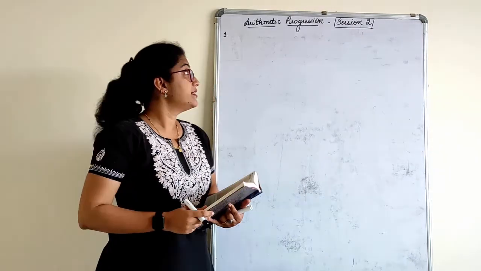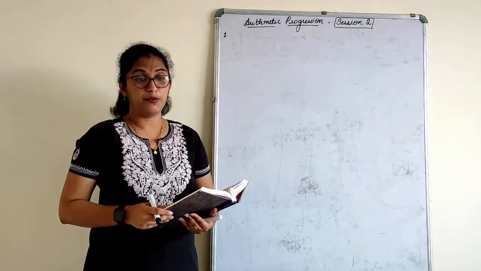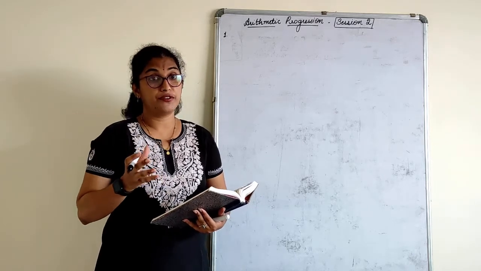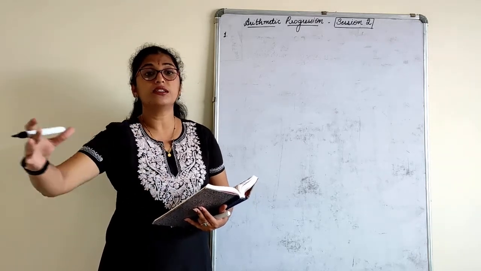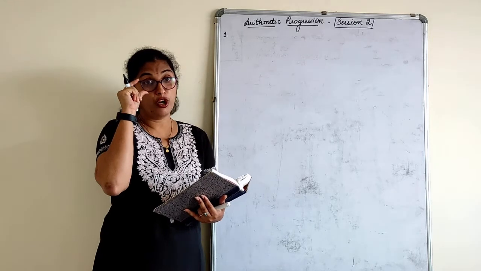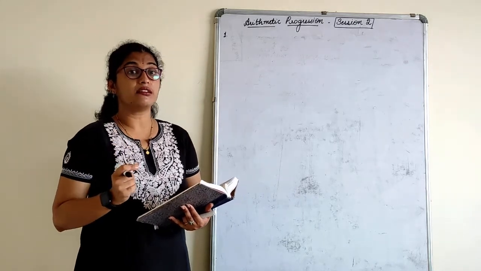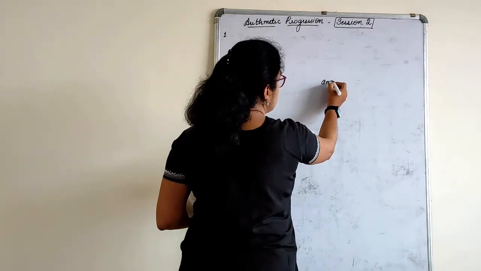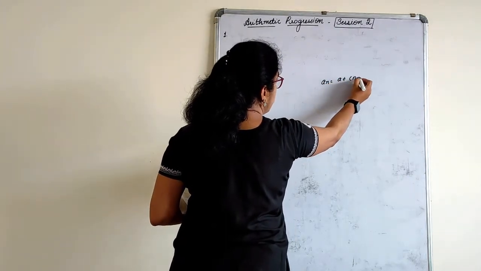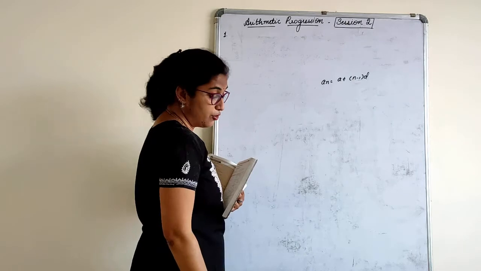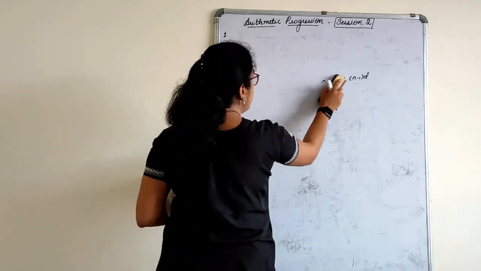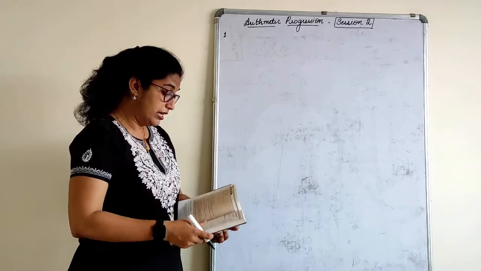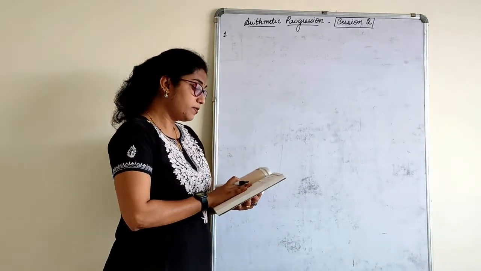Good morning. We will start the second session on arithmetic progression. In the first session we saw the introduction, and how to find the first term, second term, third term in a given AP. We also know how to find the nth term of an AP with the formula: an is equal to a plus (n minus 1) d, right? So applying this, let's find the nth term or number of terms according to the given question. We'll move on to the exercise.